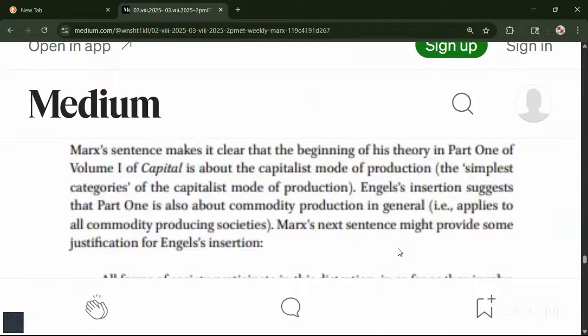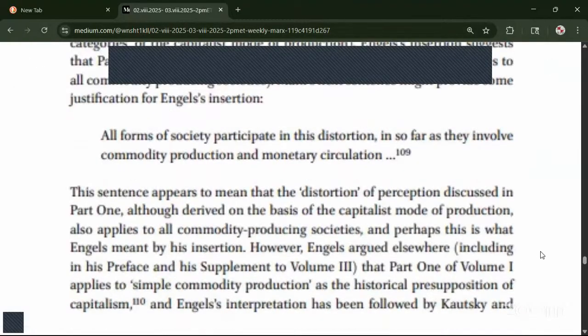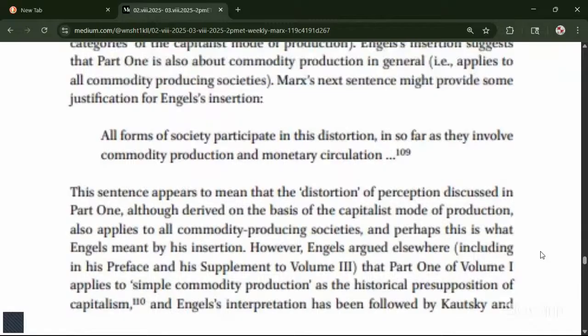Marx's next sentence might provide some justification for Engels' insertion. Quote, "All forms of society participate in this distortion insofar as they involve commodity production and monetary circulation," footnote 109, close quote. This sentence appears to mean that the distortion of perception discussed in Part 1, although derived on the basis of the capitalist mode of production, also applies to all commodity-producing societies, and perhaps this is what Engels meant